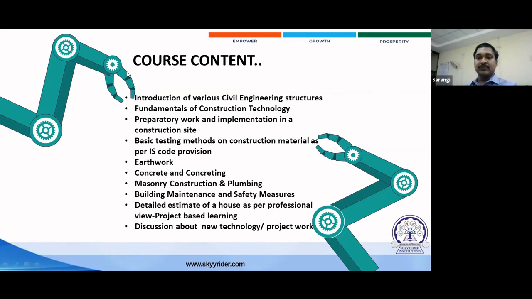By using different technology or different methods, we can remodel our older structures. And as a site engineer, we should know how to read